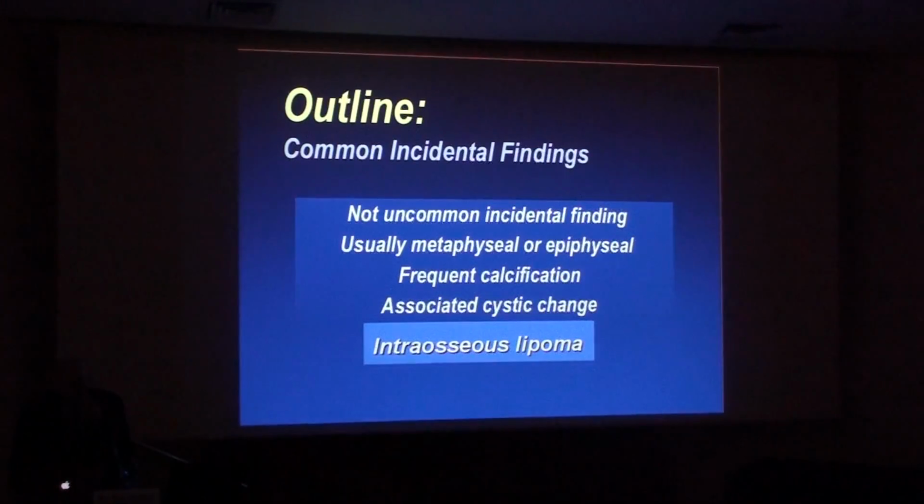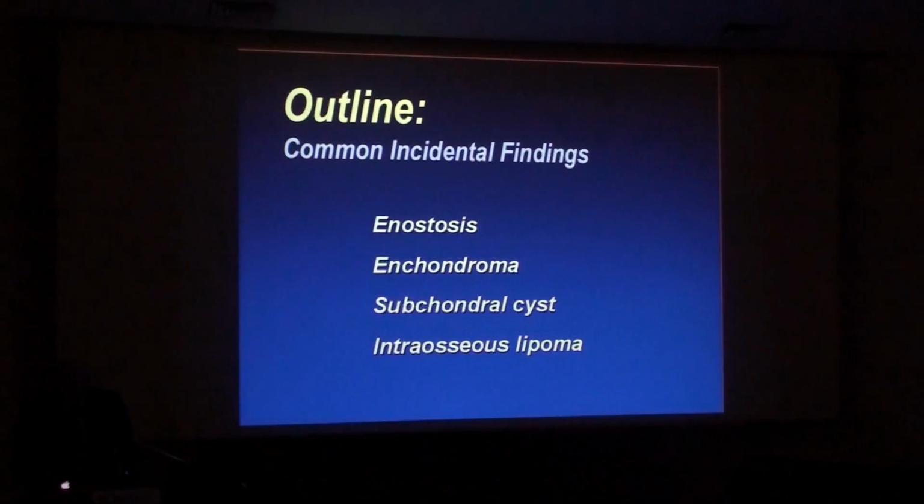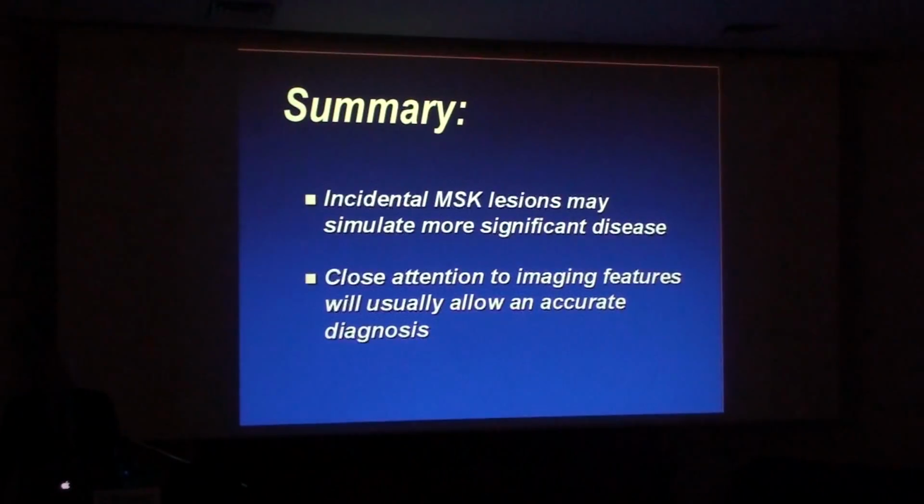So intraosseous lipoma, not an uncommon incidental finding, usually towards the end of the bone, metadiaphyseal or epiphyseal, with frequent calcifications and associated involutional changes, not uncommon at all. So these are lesions we talked about. Incidental MSK lesions may simulate more significant disease, although I do think close attention to the imaging features usually will allow an accurate